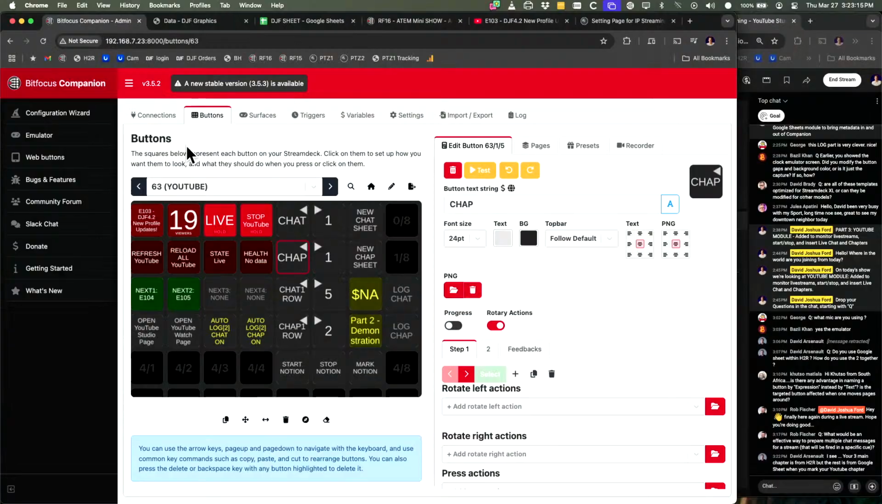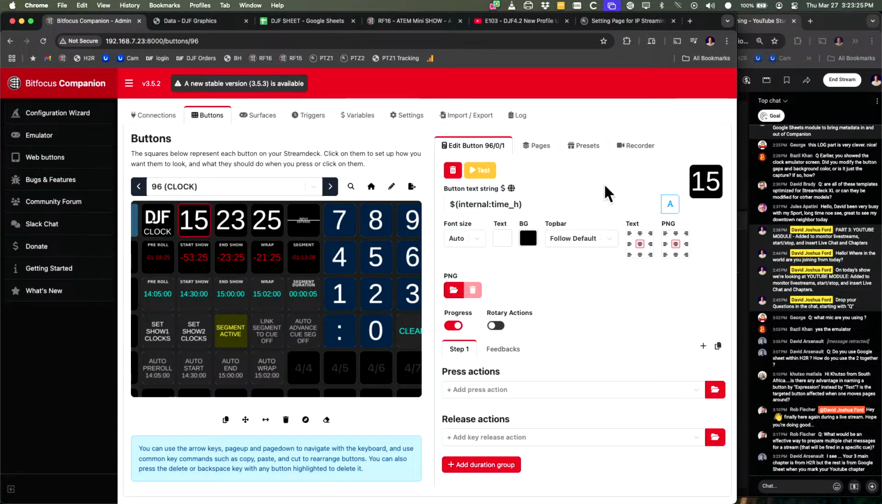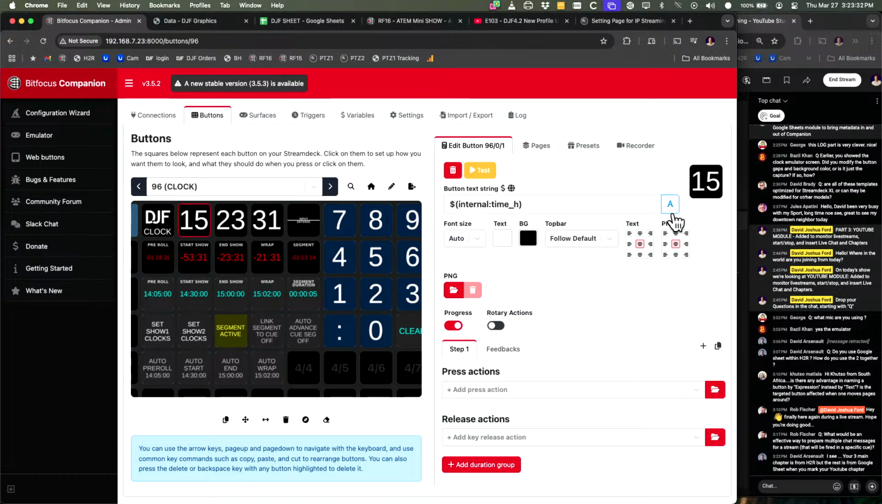So let's jump back to the Mac. And so we've got, let's go to my clock page. So an expression is, so this is text. And actually this is expression, which for this variable internal time doesn't make a difference. But text is just like text that gets interpreted like that, as well as variables. And expression is more of like a